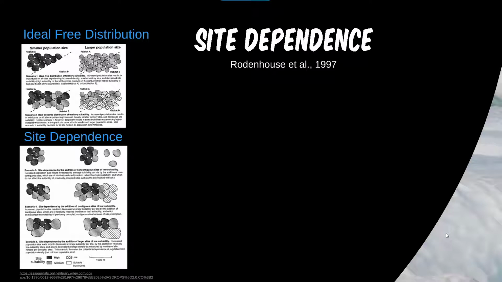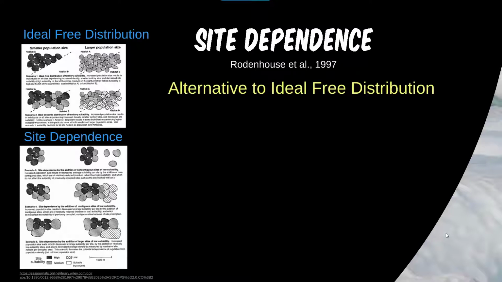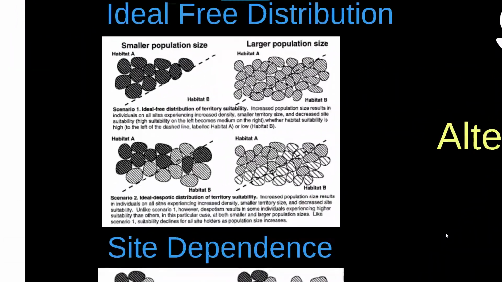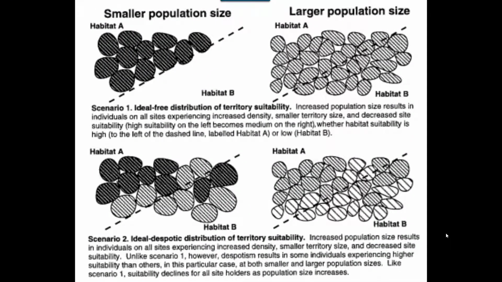There's also the site dependence model that was described by Rodenhouse et al. in 1997, and it's an alternative to that ideal free distribution model, which, just as a reminder, in the upper set of figures, we have a small population size on the left and a larger population size on the right-hand side. And in the bottom panel, we see that these smaller populations and the larger populations can actually be influenced not only just by the overall population size, but also the